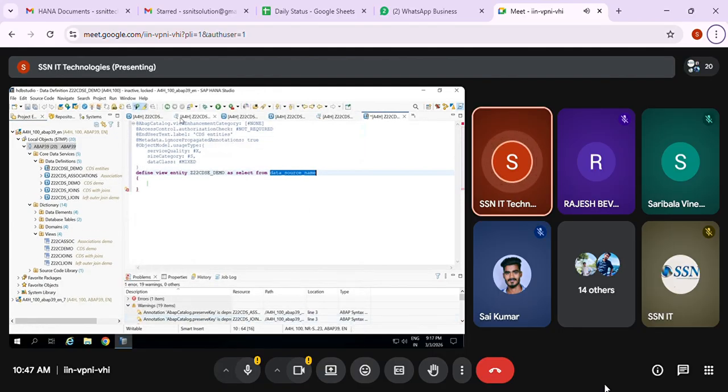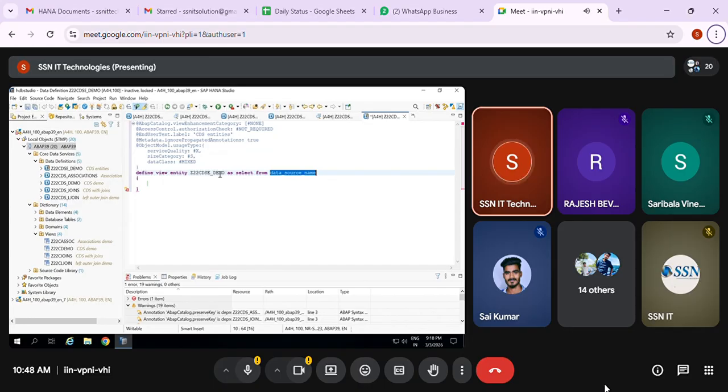See, here there is no SQL view name. It is not asking about SQL view name. The SE11 view name is not going to be created at all. It will have only one name, this CDS view entity name.